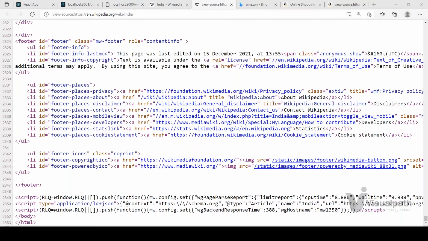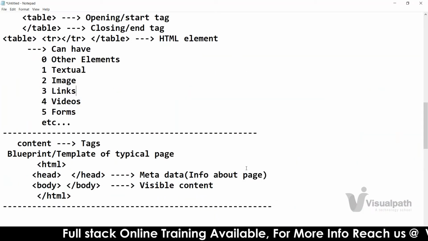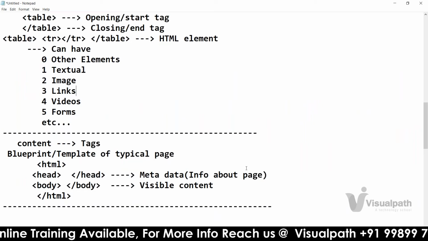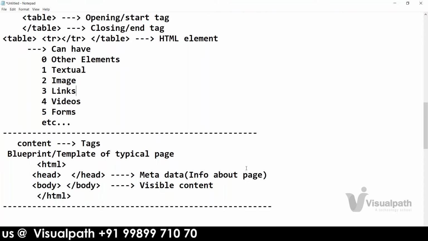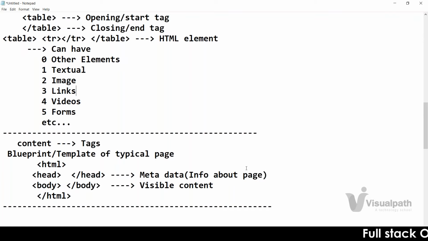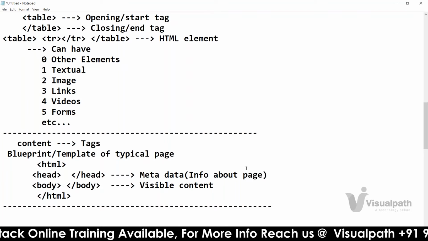So why I ask you people to observe this is because this is the only structure which will be there in any web page you take. The only thing that changes is what you are writing. The content will be changing. If you are writing a simple page, normal data will be written. If you're writing a page with complex activities, that kind of data you'll be writing. And if you want to add security and many things, then you will take some third-party tools and add all such data to your page. But that purely depends on your requirement. But it will be following this particular structure.